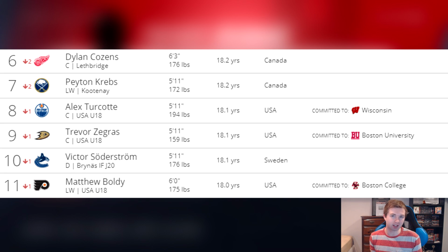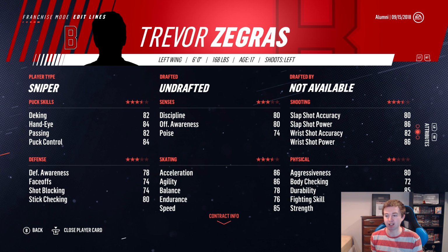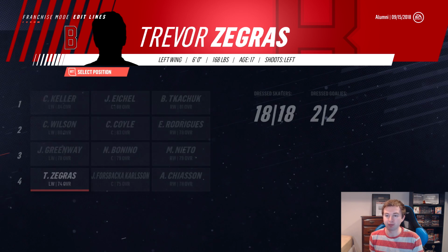Also, just like the other video, we had a couple soon-to-be Boston alumni. Same goes for Zegras here, projected to go top 10 in this year's draft. 74 overall, high top 6, pretty good offensive stats. There's actually another guy that's 75. I decided to use Zegras over him just because he does have more potential and hopefully can grow a